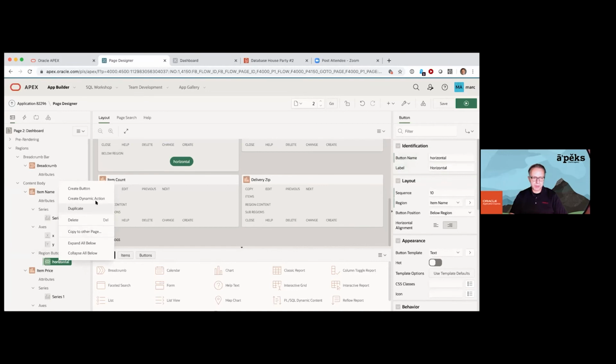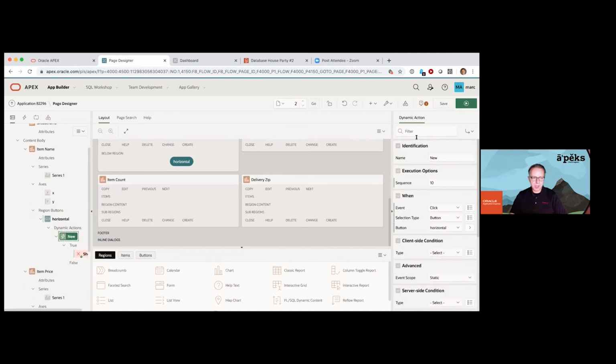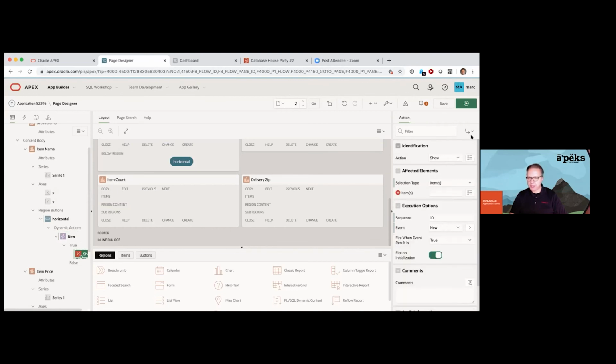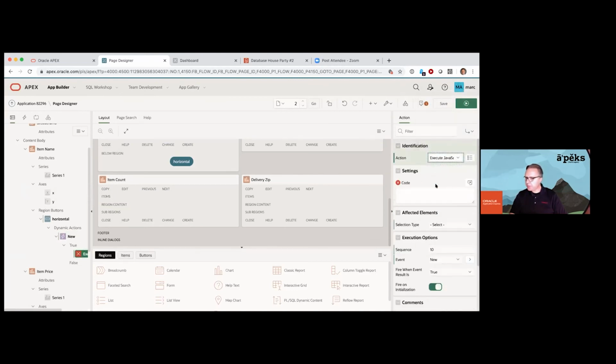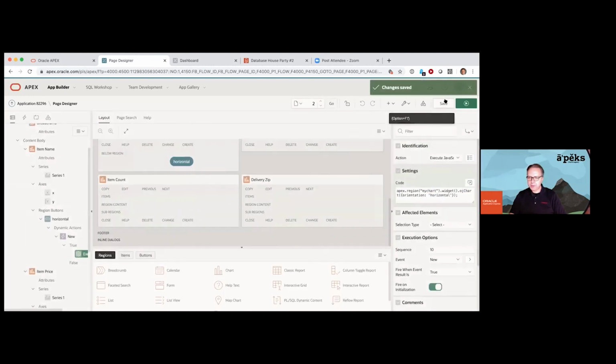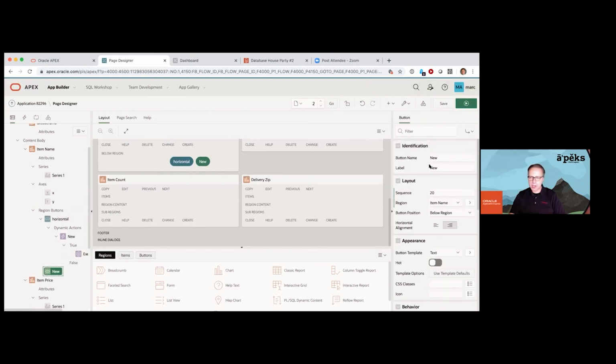So I'm going to add a dynamic action in here. The dynamic action is basically the declarative JavaScript, although in this case, I'm actually using some real JavaScript code, and I'm going to copy and paste some Oracle Jet JavaScript from the cookbook. There you go. I'm going to do the same thing again, this time with a button to turn my chart